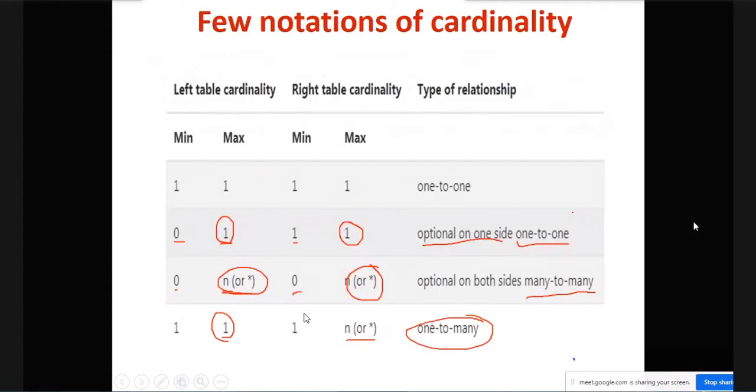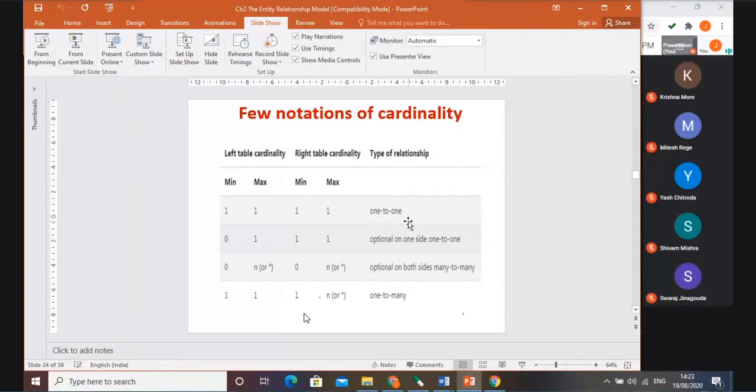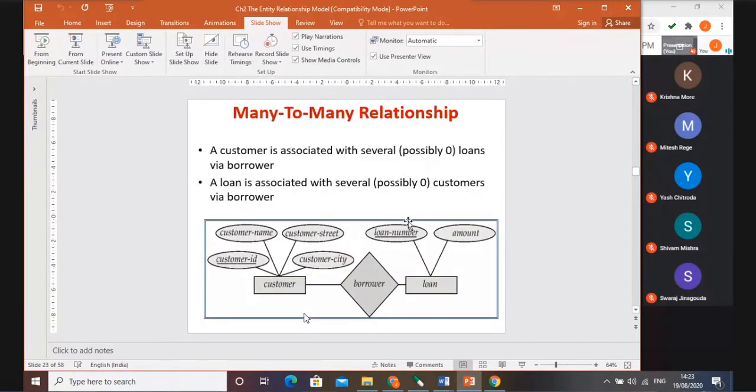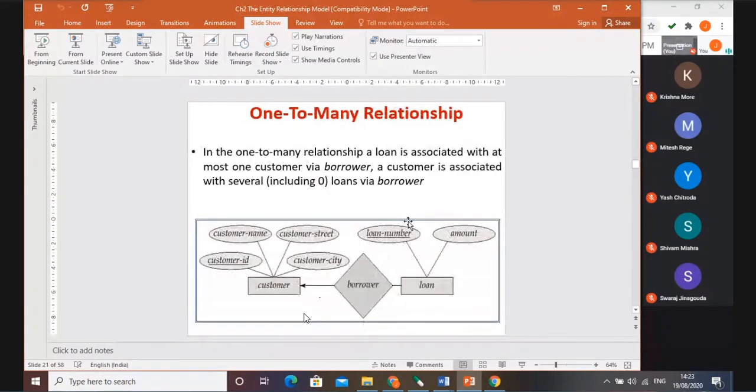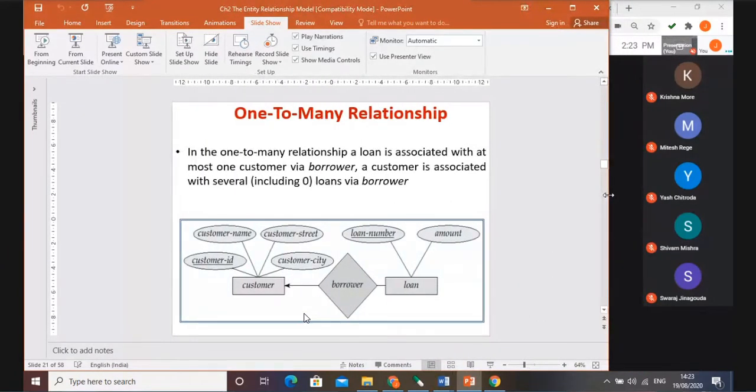Okay, so we'll move ahead. So cardinality is clear for everyone, 1 to 1, 1 to many. If any doubt, please let me know in the chat box. Otherwise we will move ahead. For cardinality or mapping cardinality, that is one to one, one to many, many to one, and many to many, with all notations, if it is clear, just put your reply in the chat box.